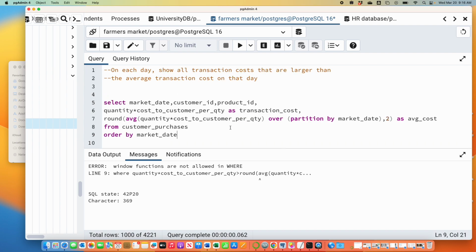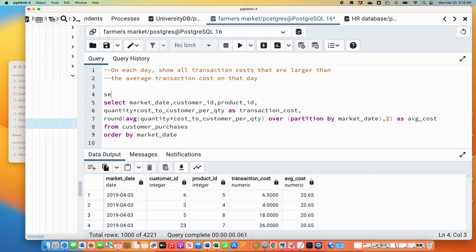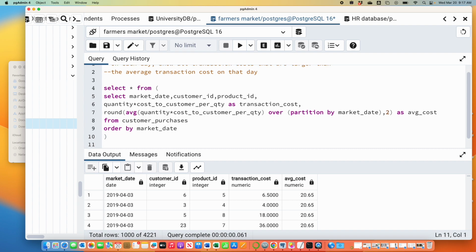So what you have to do is, just like last time, you have to let pgAdmin make this table internally and then query off of that. So last time we did something like this. We said, basically treat this as its own table, all this within the parentheses here. Do you remember doing that on Monday? So like, okay, we built a new table. Let's query that. And so now you can do what you want, John, because now this new table has been created, and within this new table, pgAdmin knows these names: transaction cost, average cost. So you can tell it.